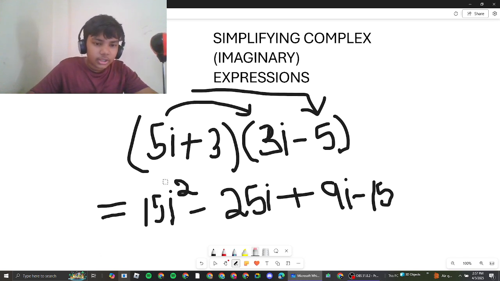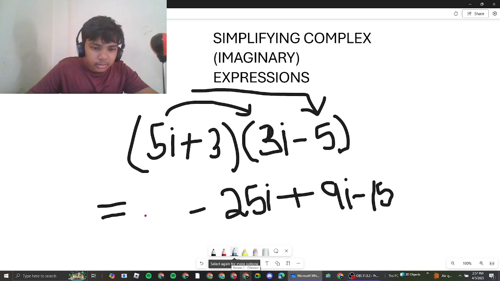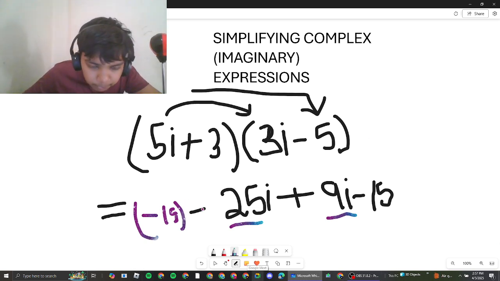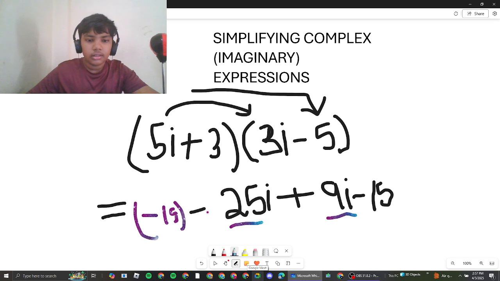Okay, now let's clean this up a little bit. 15i squared can be written as minus 15. Let's write it like that: minus 15, minus 25i plus 9i. Okay, now just like we combine terms on the variable side, we're going to simplify this. Now negative 25i plus 9i will give you